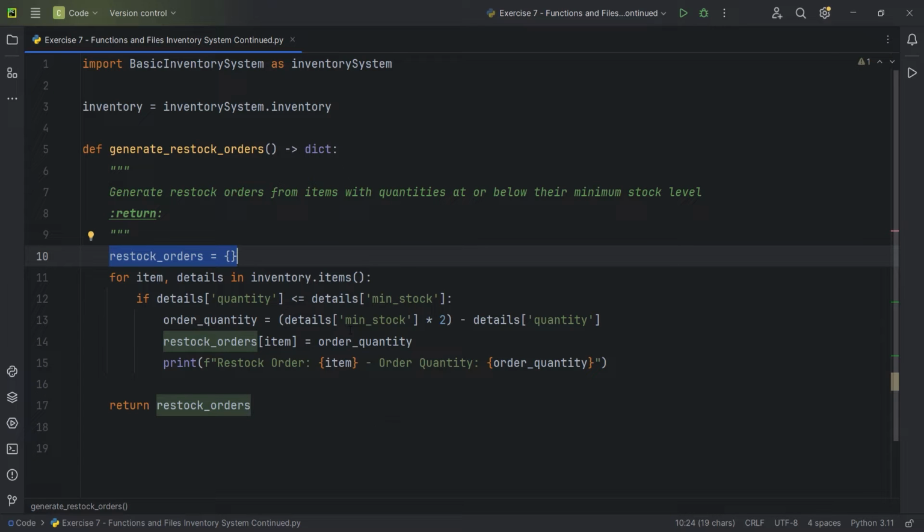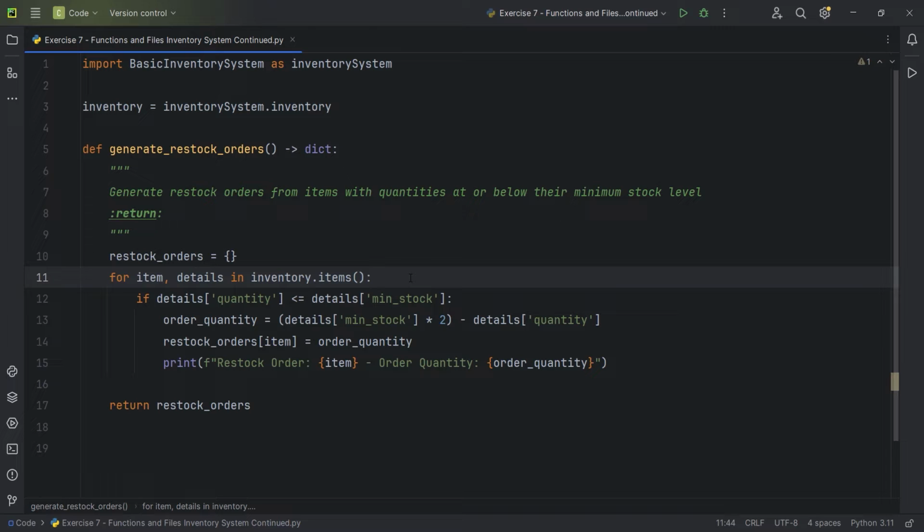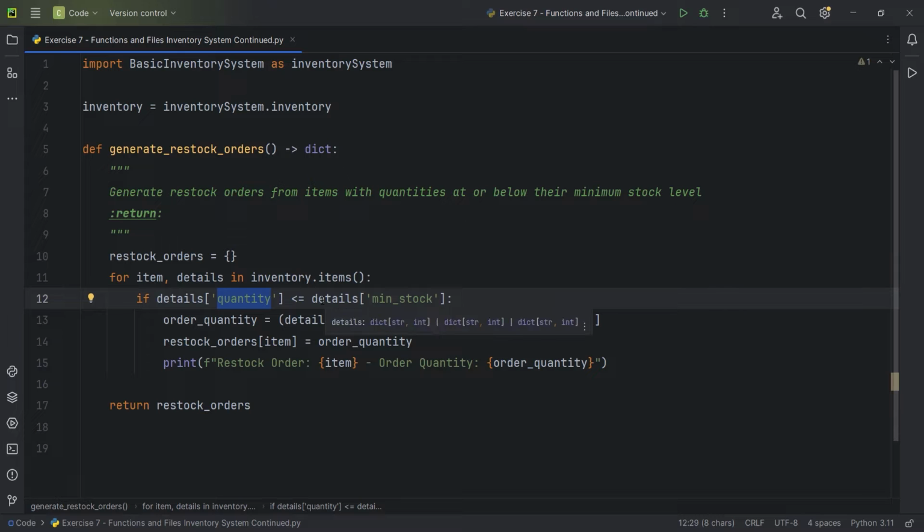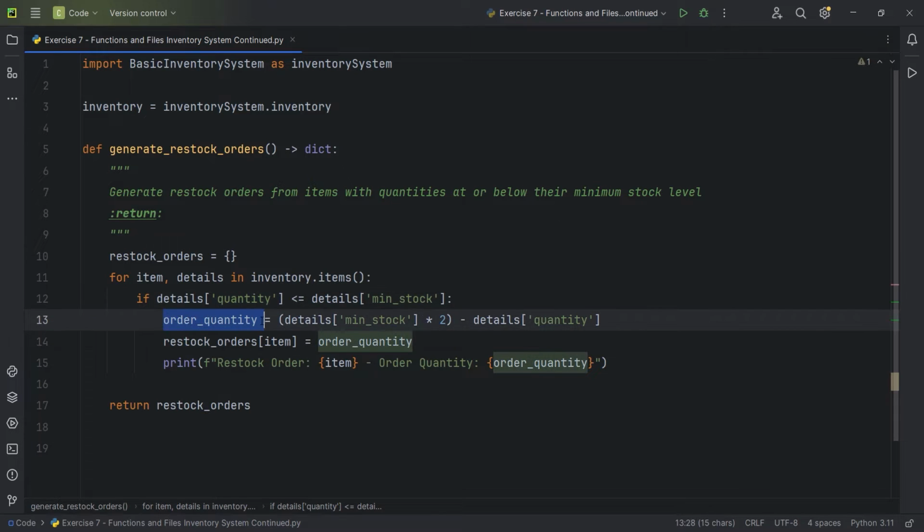Next, for each item in the inventory right here, using this for loop, we check if the quantity of that item is less than the minimum stock required. Now remember, the dot items returns two things: first the key, and then the value. But the value in here is a dictionary in and of itself, so we access the quantity key and check if it is less than the minimum stock, and if it is, then we create the order quantity in here that is going to be equal to the minimum stock multiplied by 2, and then we remove the